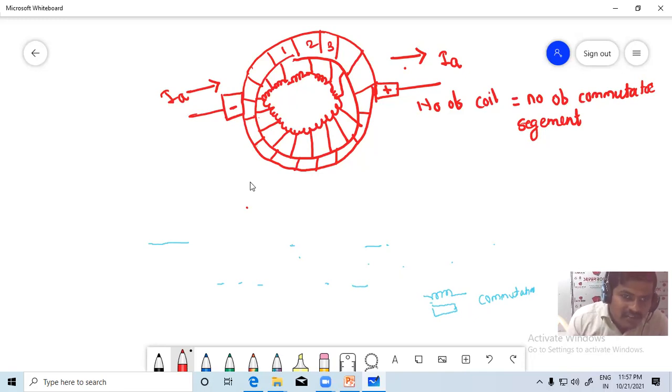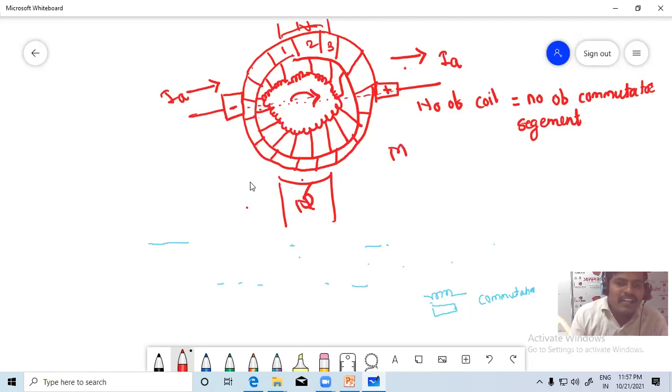Now when this coil is rotating, हे rotate होत असतं. So when this coil will be passing from one pole to another pole, suppose there are poles, I will draw the poles here. Here it is the N pole. Similarly, suppose we consider a two pole machine. Here it is the S pole and here it is the N pole. When the coil will be passing from one pole to another pole, it will be along the brush axis, or along the MNA, that is the magnetic neutral axis. Magnetic neutral axis and brush axis are the same.